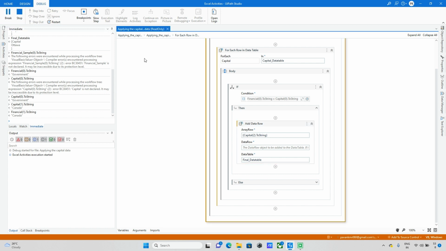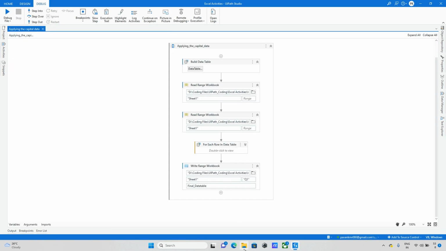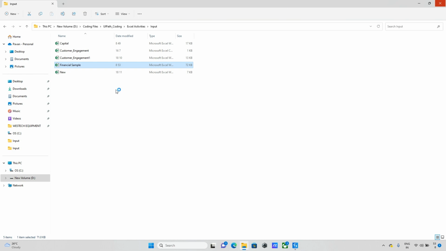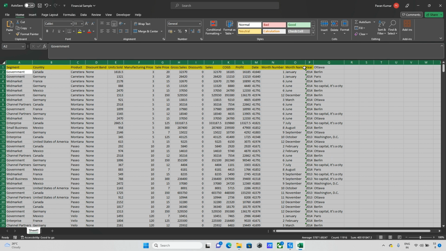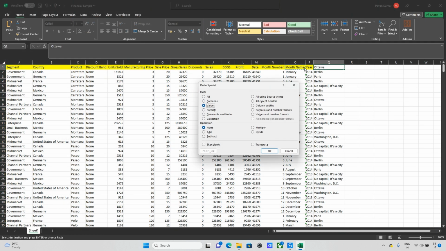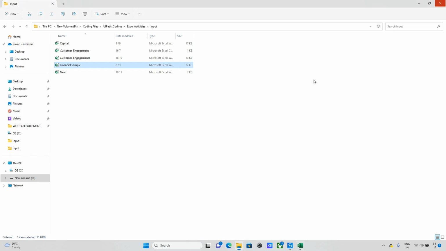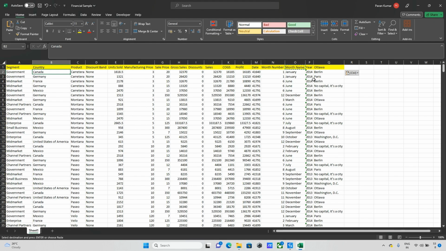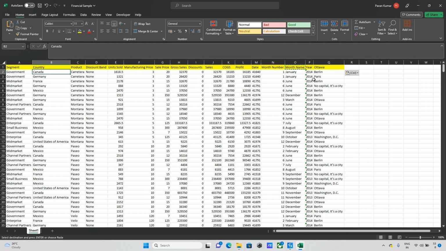Now let it complete the execution. Okay, execution has been completed. Now going to the financial sample, you can see the data has been updated. Let me apply the format and you can see this Canada, Berlin. Let me open this capital file and Canada is